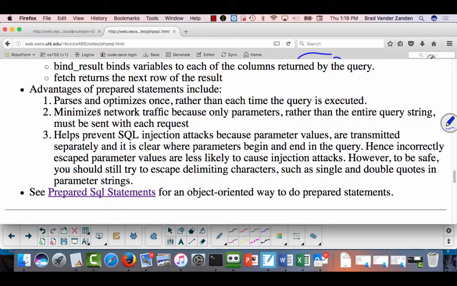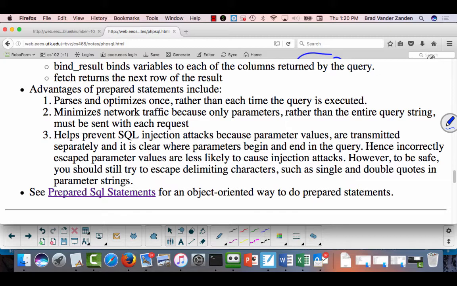Two, you minimize network traffic because you only transmit the body of the query once, and thereafter you're only transmitting the parameter values. So obviously there's less bandwidth that you're consuming. And finally, it helps prevent SQL injection attacks,